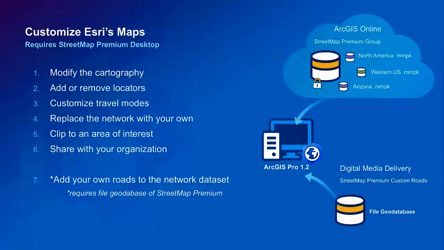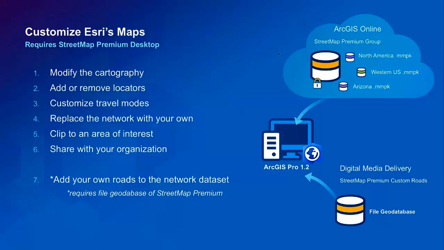If you want to search against it, you can add locators, build composite locators with our locator. So you could search for a specific well by its ID if you'd like. You can customize the network itself, things like the travel mode. So today we have 3 different travel modes. You could introduce your own travel mode or customize the existing ones that are there.